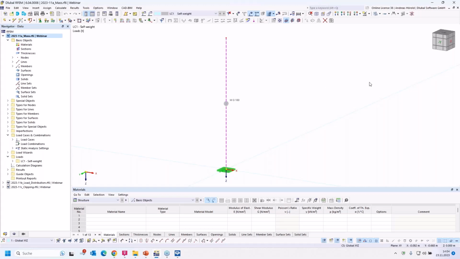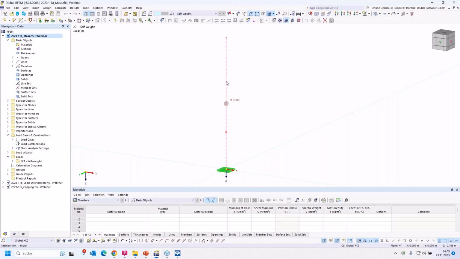The first question is, I used mass type loads in my model. However, they are not considered in the self-weight. What do I do wrong? I prepared that model with that rigid column and the mass load.